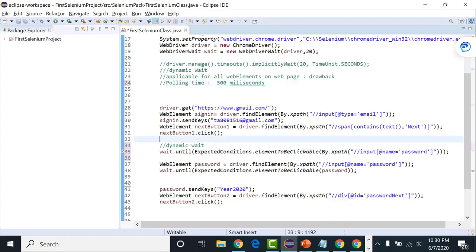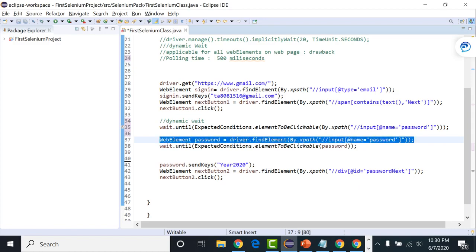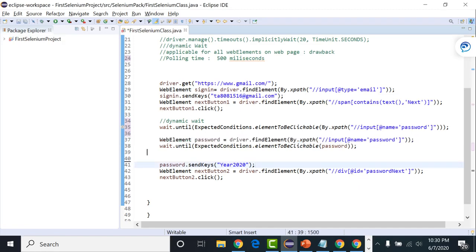So in this code, I applied the wait condition only for this particular element. Selenium will wait or try to identify only this element, and for the rest of the elements I haven't put any wait condition, so execution won't halt.